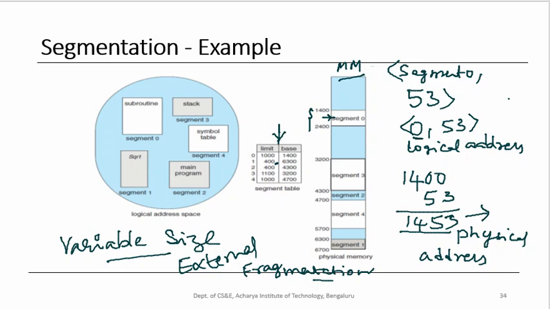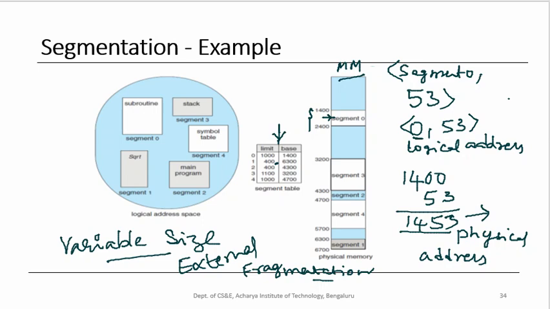So in paging we have the internal fragmentation issue. Here we have the external fragmentation issue, but the amount of memory wasted is more compared to paging. So the most commonly used memory allocation approach is non-contiguous memory allocation, further paging,